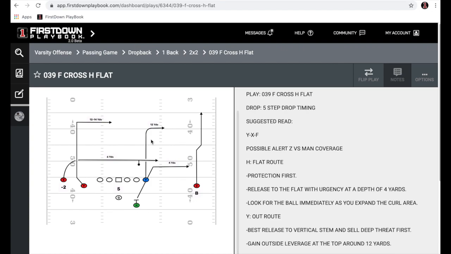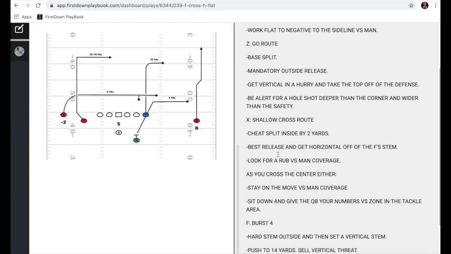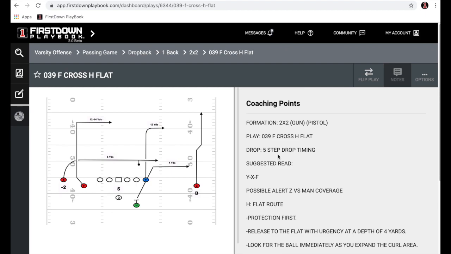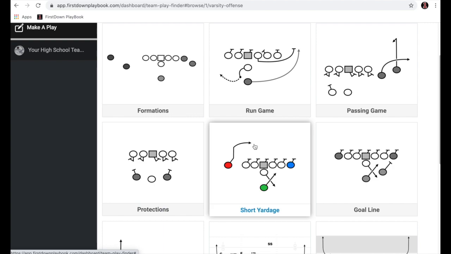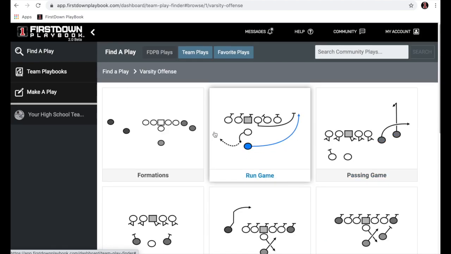And then once again, you can take it and edit the play and also edit the coaching notes and the quarterback reads if you want to. Okay, now let's go to the rest of the offense over here. You can see that